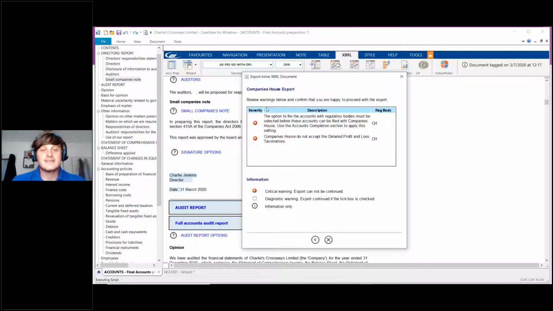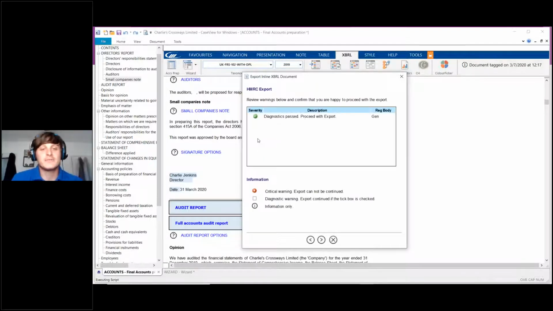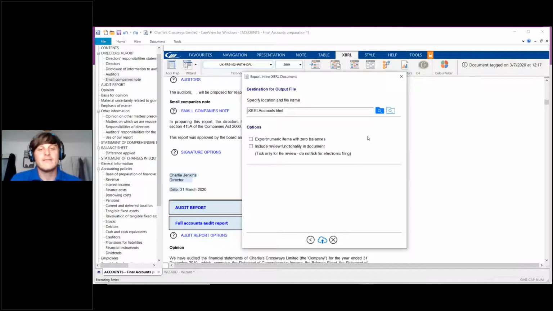And if I click Company's House at this stage, again, we're going to get error messages because we haven't selected to file with regulatory bodies, and also Company's House doesn't accept the detailed profit and loss taxonomy. So again, you do need to make sure that you've selected the correct options within the completion section, and also that you have selected the correct taxonomy. But if I select the HMRC option, you'll see that we've now got a tick. Caseware is happy with everything we've selected, the diagnostics passed, and we can proceed. Now, if I could proceed,